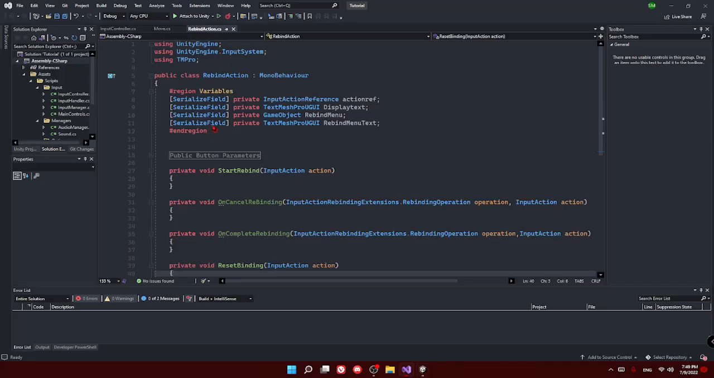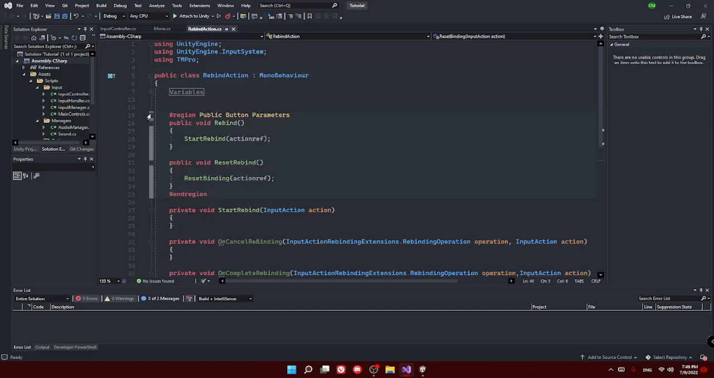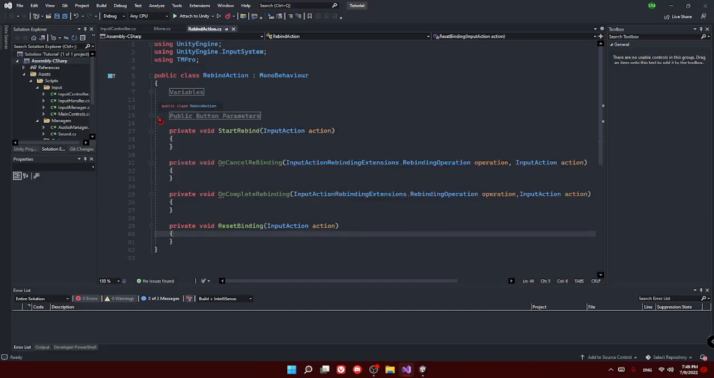Then create a script. Afterwards you need the following variables: an input action reference, a TextMeshPro text. You can also use normal text, but TextMeshPro looks better. A game object and another TextMeshPro text. Then you need a public void for rebinding and a public void for resetting. I'm using these for cleaner code. Then here in the start rebind,